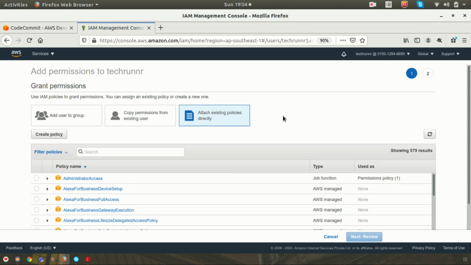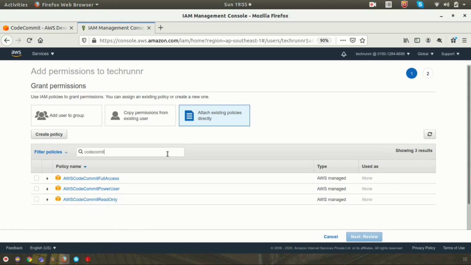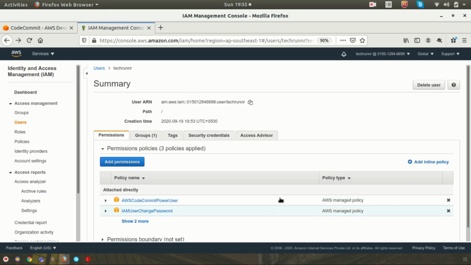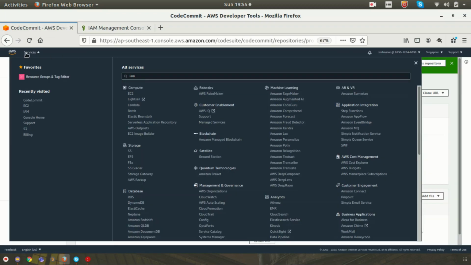You can choose whichever predefined policy is provided by AWS, or else you can create your own policy and attach it to the respective user. Here I am going to attach the power user policy to the TechRunner user. So I'm searching with CodeCommit power user, and the policy is going to be attached to the TechRunner user. Now you can see that the CodeCommit power user policy is attached to the user called TechRunner.